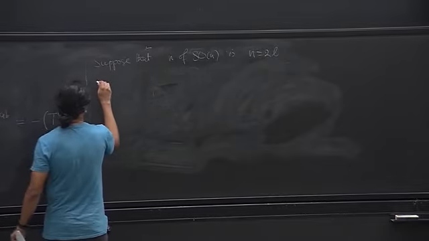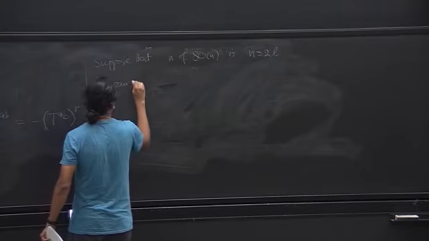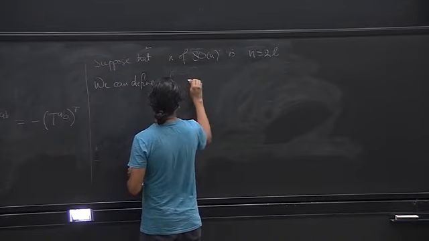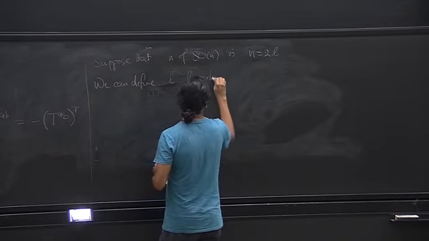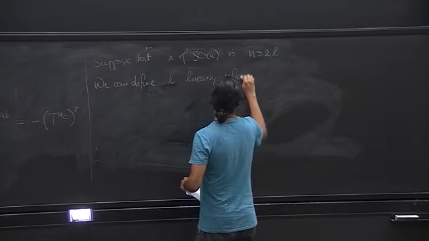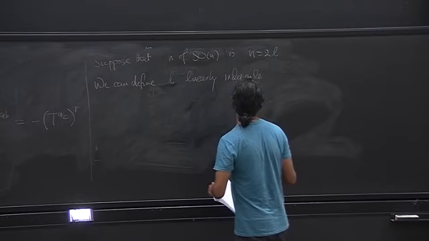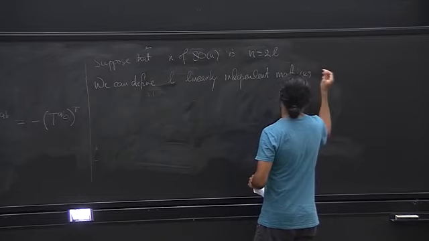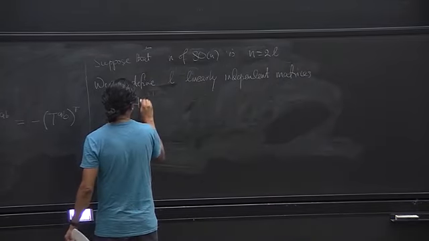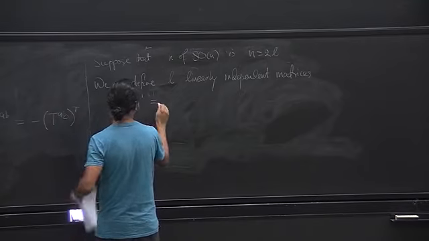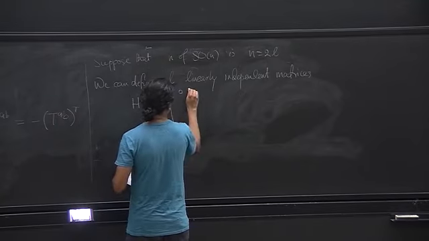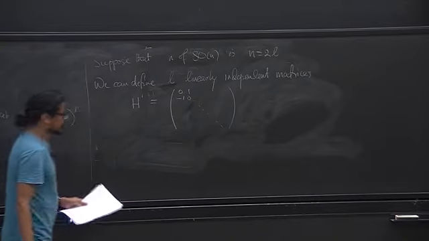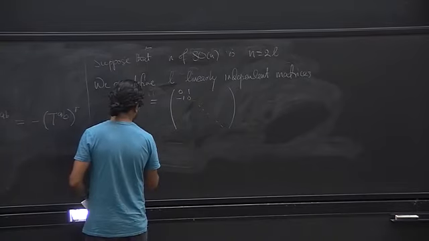Then we can define L linearly independent matrices or generators which are of the form H1, which has a nonzero 2 by 2 block and everything else is 0, and H2,